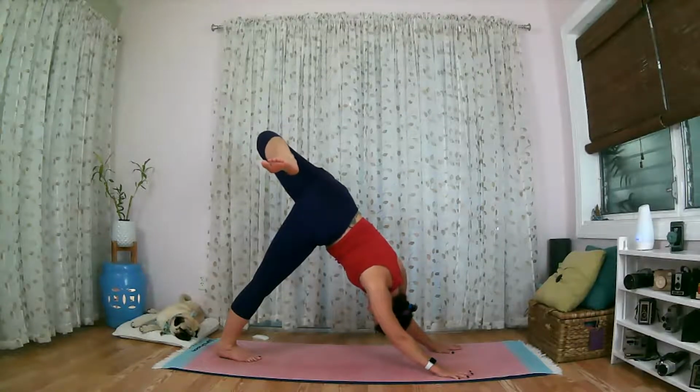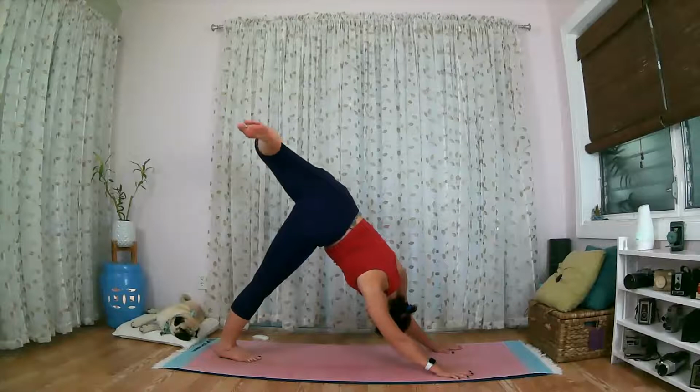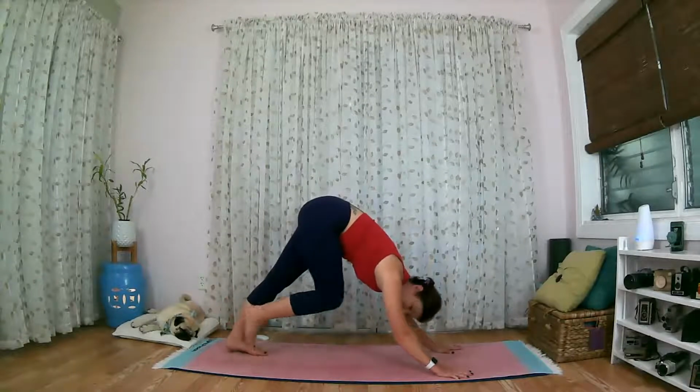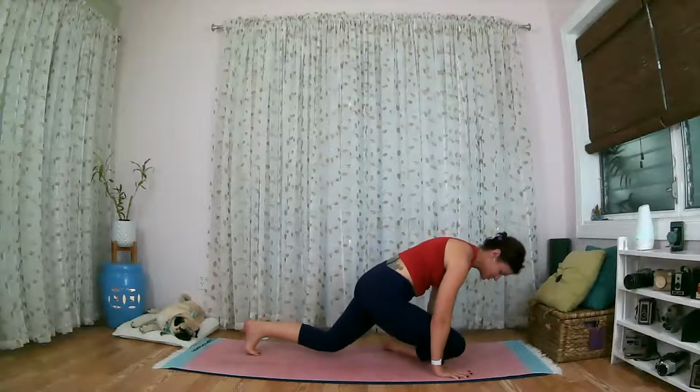Breathing for 1. Breathing for 2. And 3. Good. Exhale and go ahead and bring that foot down. Bend your right knee in towards your belly, come into a plank position, and exhale,